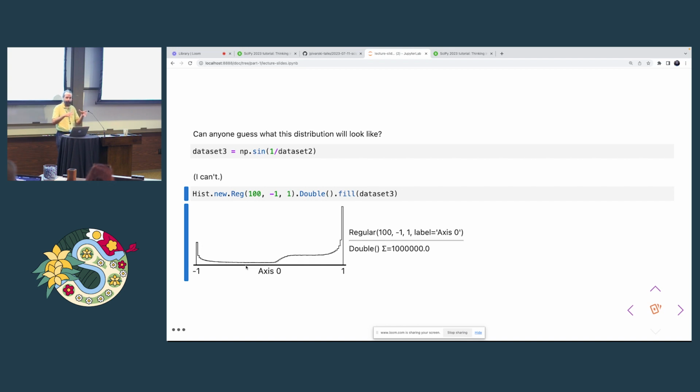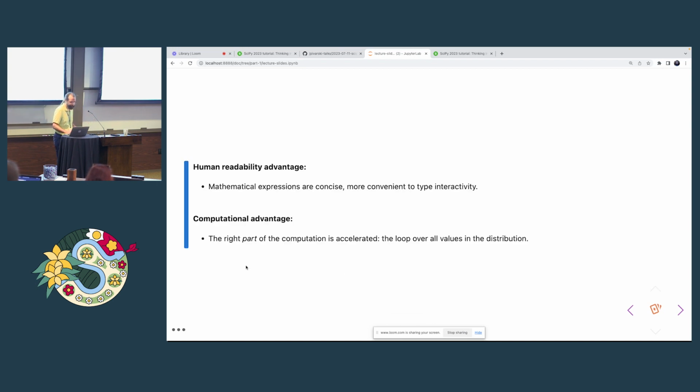If you wrap all this up in a script and don't look at anything until you run it, then you're not really harnessing the value that comes from array-oriented programming. So there's kind of two things here. The human readability advantage, the thing that you would lose if you put it all in a script and just run it, is that the mathematical expressions are concise and more convenient to type interactively. And then, yes, there's also a computational advantage, which you would still get if you put it in a script and run it,